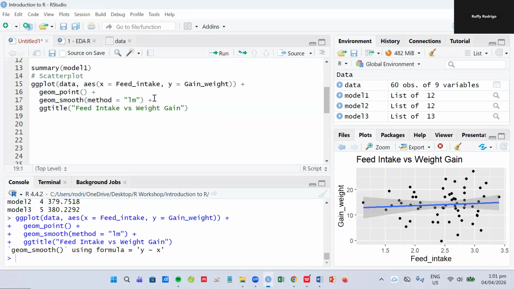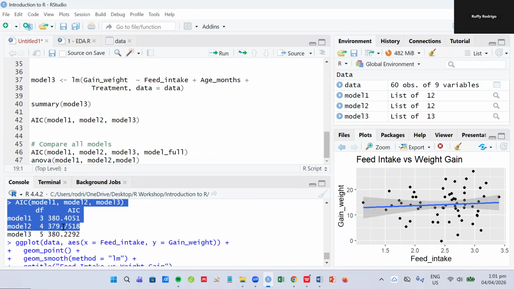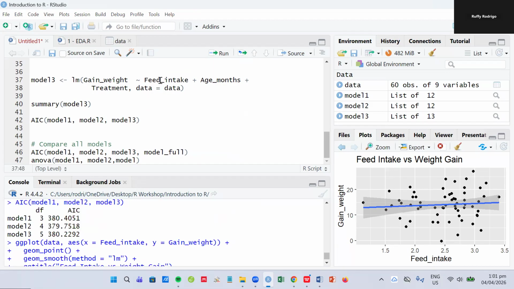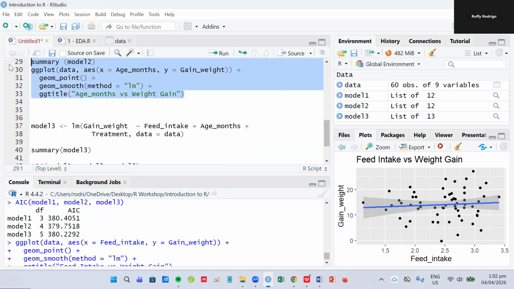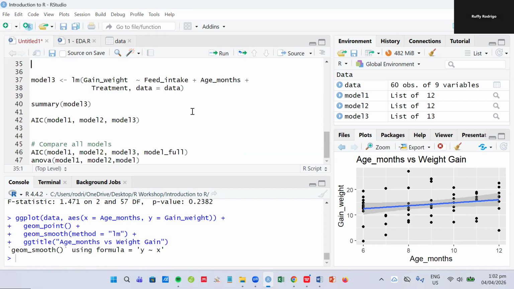That is why when you added the feed intake and the treatment, our model three has more or less the same AIC. So in that case, I would say the best model is model two, which is the age and the feed intake. Based on the data that we have, age matters, but in terms of significance level it is not significant. You can see that the higher the age, the higher the gain, but again the p-value is